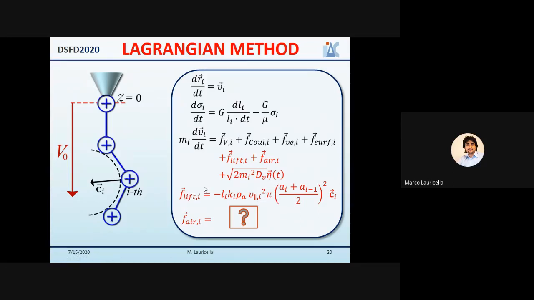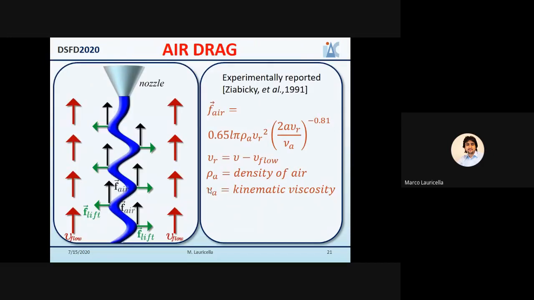Or for instance, we can also add a white noise to model the Brownian effect of the surrounding air on the traveling jet. More complicated, we have tried to model the air drag effects on the jet. To this aim, we started from experimental observation. Ziabicki, in particular,